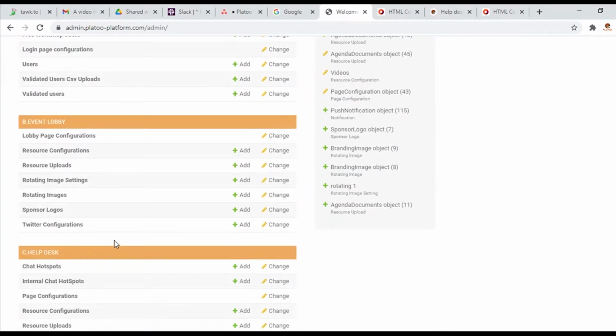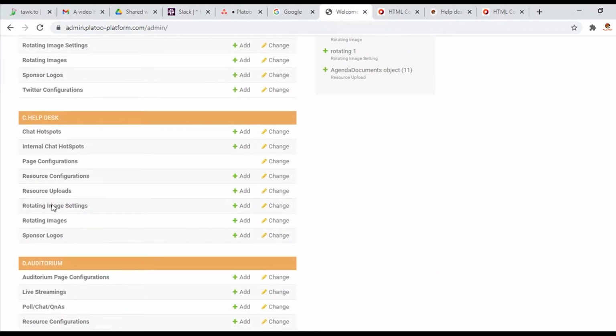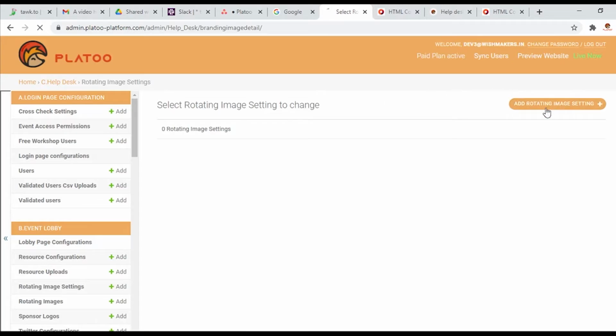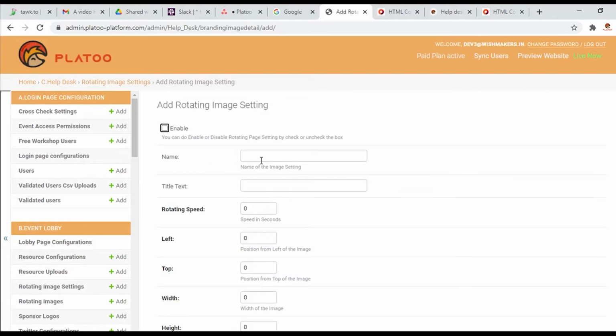Okay, moving on. Here you can see rotating image setting. We have to click on that. Now we have to add rotating images. First you have to always enable it, and I am naming the file as rotating image, right?